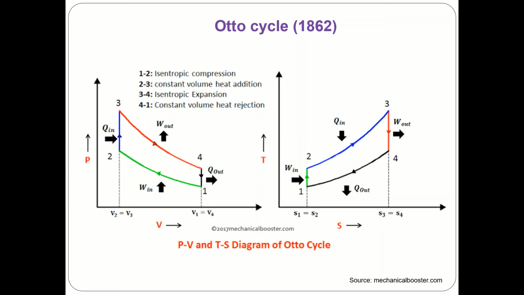So instantaneously heat is being added, which will raise the pressure and temperature of the air present inside the cylinder. Because of the increase in pressure and temperature of the air inside the cylinder, there is sudden expansion, and this process is instantaneous, right. The 2 to 3 process, that is the heat addition process, is instantaneous. So there is a sudden rise in pressure and temperature which will result in expansion, and that process is 3 to 4. So this is also an adiabatic isentropic process, a reversible adiabatic process, during which work is obtained as the output.